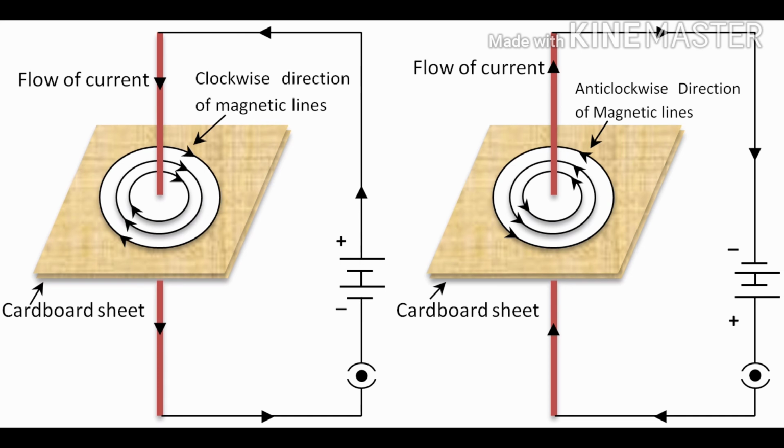A red color rod is there. So you can see the concentric circles being formed, which are nothing but the magnetic lines of force. You can see if the direction of current is changed, the direction of the magnetic field lines also goes in a different direction. So today you learned a new word, that is electromagnetism, where the magnetic field is produced not because of any magnet but because of the current carrying conductor.